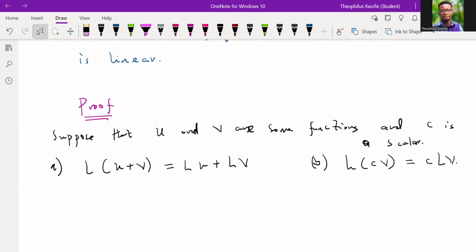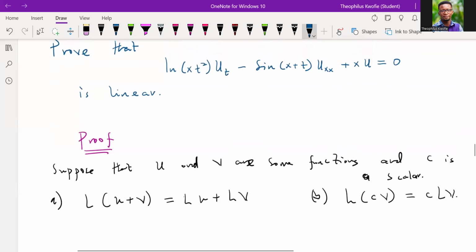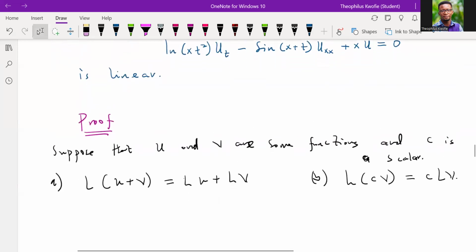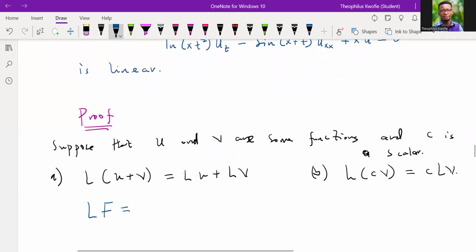So how do we leverage such properties to solve the problem? Now let's go straight to the point. Remember that we are given this problem to solve. What we are going to assume is that we have some function f, some solution f. Suppose that f is a solution. Then if we operate on it,